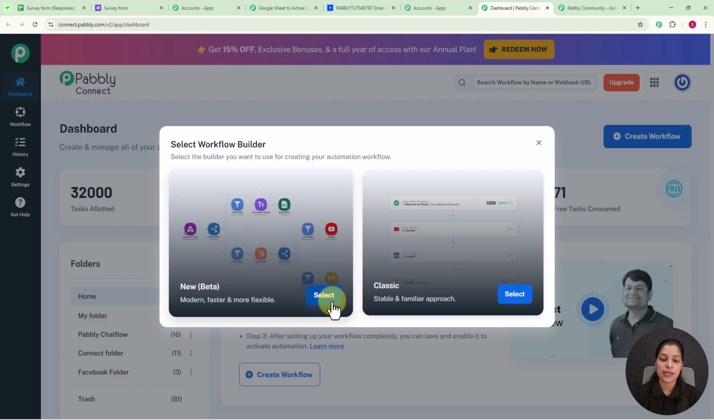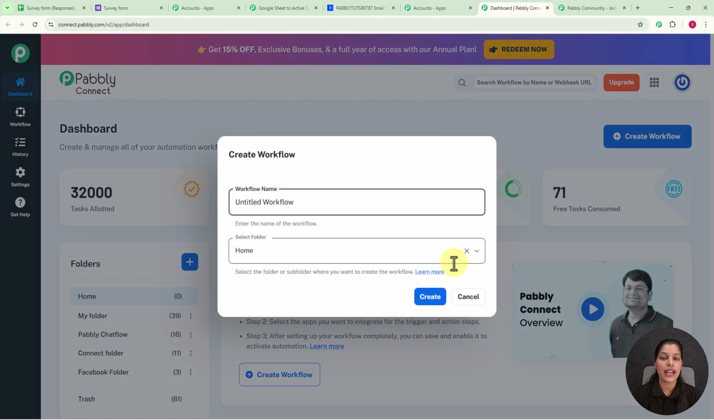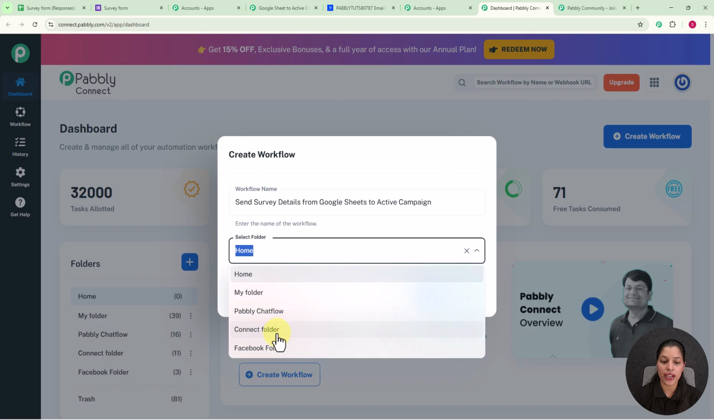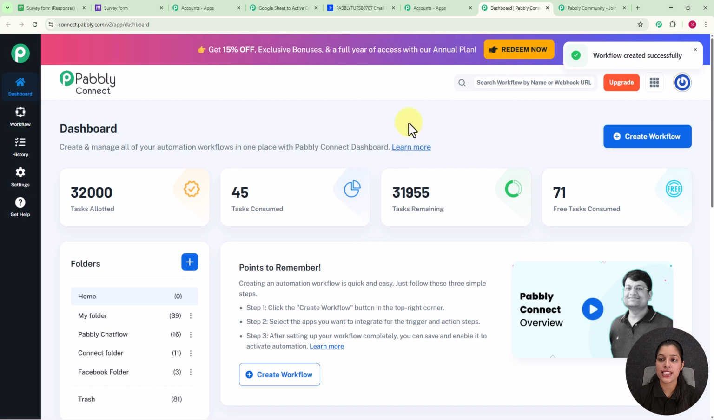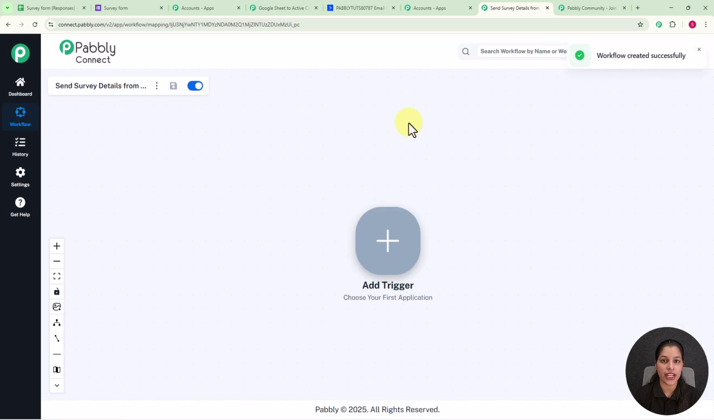So for that we simply have to click over this Select button, and as you click on the Select button you will get a dialog box where you have to provide a name to your workflow. So now let's provide a name to our workflow here. I am providing it the name Send Survey Details from Google Sheet to ActiveCampaign, and afterwards we get the option for selecting the folder. From here I am going to select this folder, that is Connect folder, and afterwards we simply have to click over this Create button, and here you can see we are getting this pop-up which says Workflow created successfully,